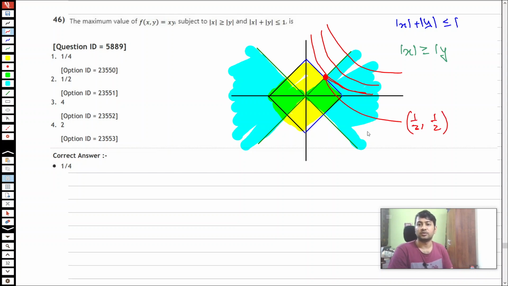Alright, so since this point is half comma half, my x into y is going to be half into half, which is 1 by